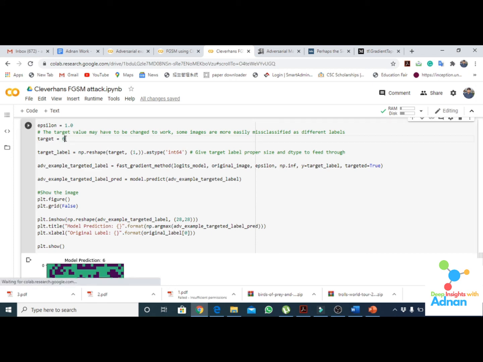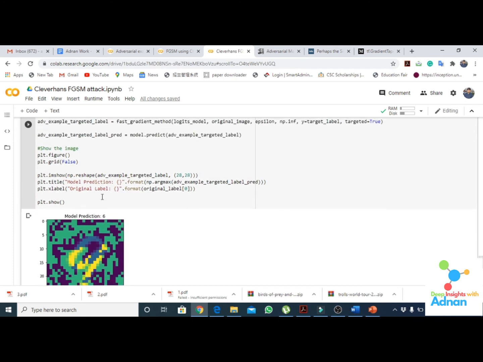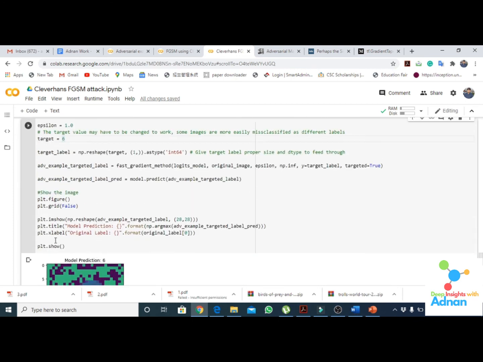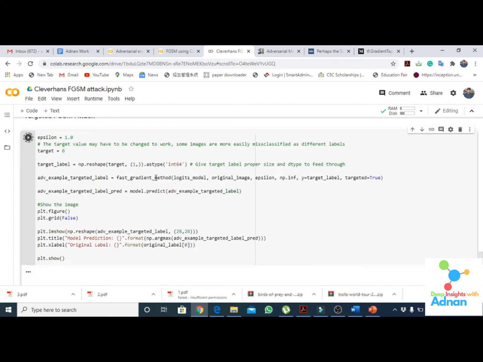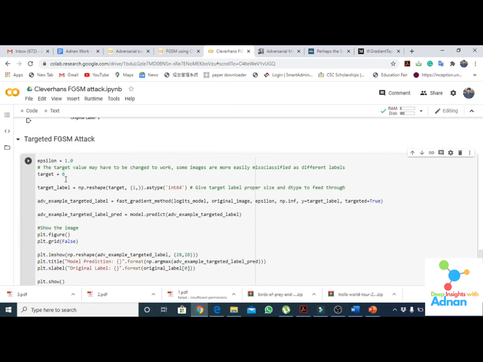What I want to show you here is how we fool a model to classify to a specific class. I want it to create a 6, but it doesn't mean that every time the model predicts a 6. It's dependent upon the values of epsilon.